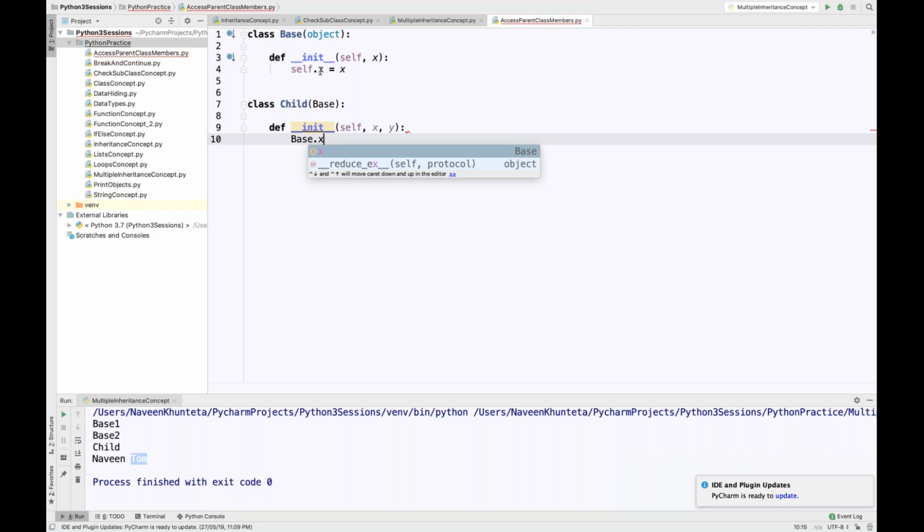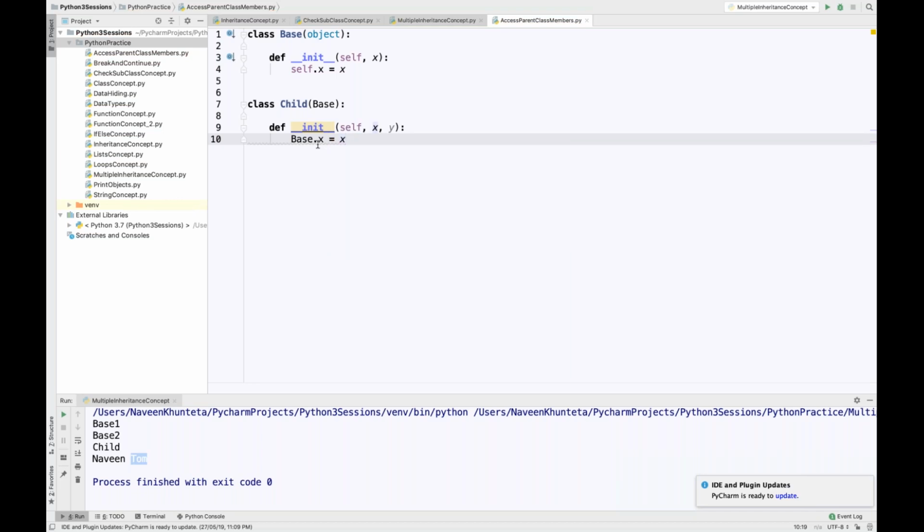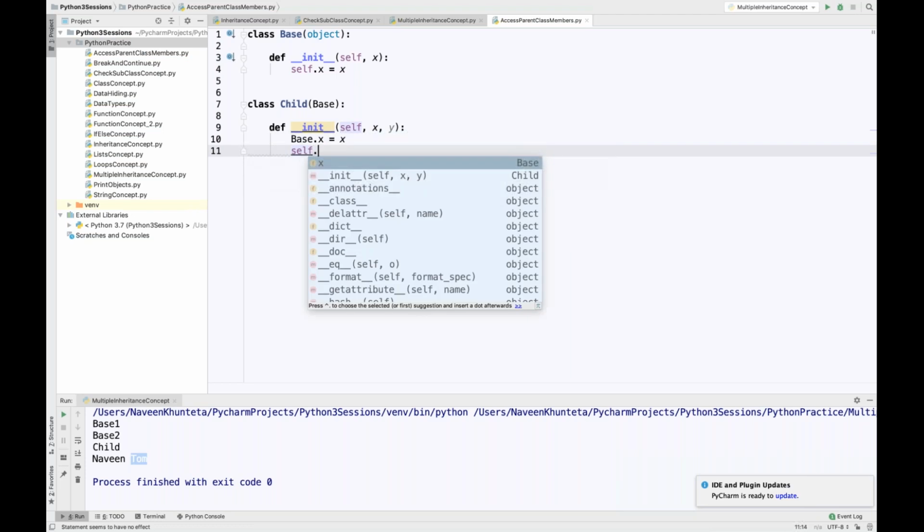So class members can be accessed in the derived class using the base class name. It means the parent class members can be accessed by the parent class name inside the child class like this. So that's why I'm able to do that. Base dot x is equal to x. So whatever the x that you are passing, it will be given to this guy, right? And then this y I'm using with the same